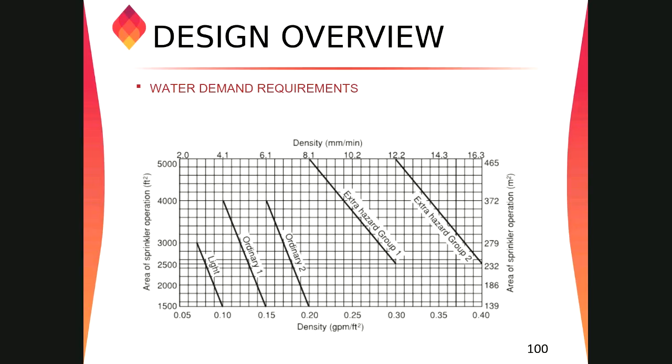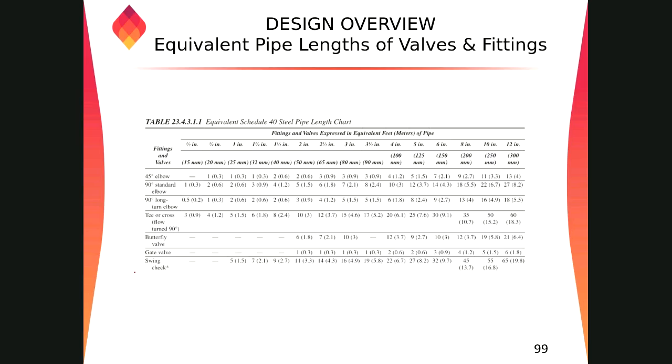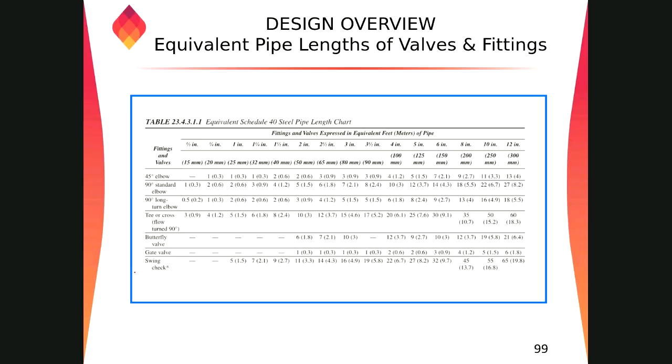Okay, so this is the table for equivalent fitting loss. I think we discussed a lot in the hydraulics design for that. As Ahmad discussed a while ago, between the nodes we have to consider the number of fittings, valves, and all kinds of arrangement to find the exact friction loss. If you are not putting that, we might not get accurate values. So we have to put that in.